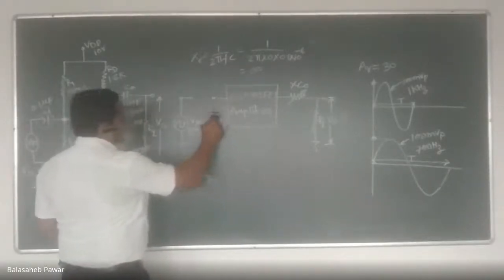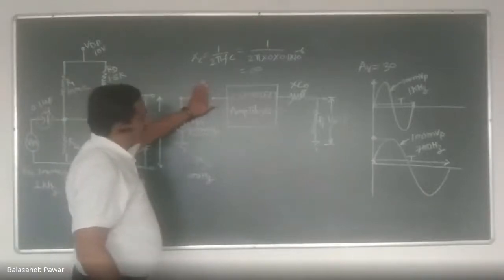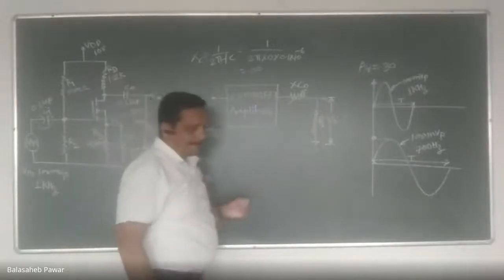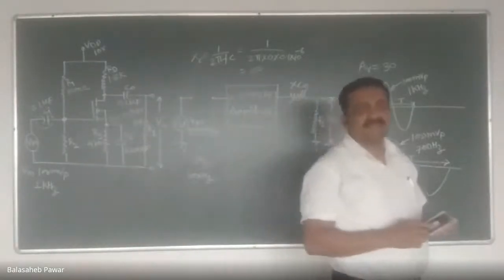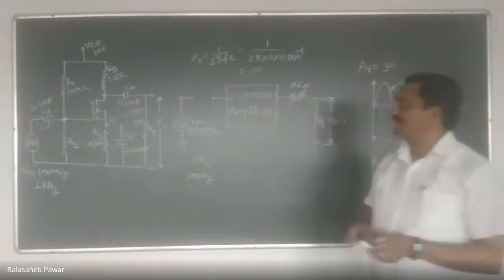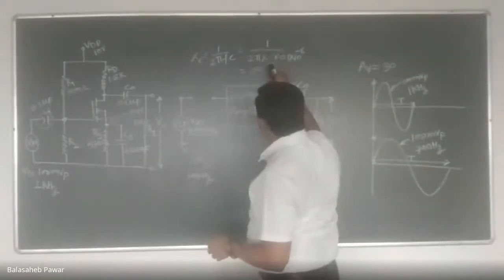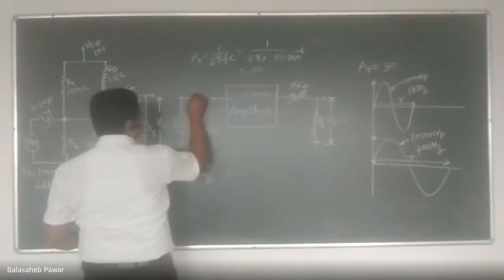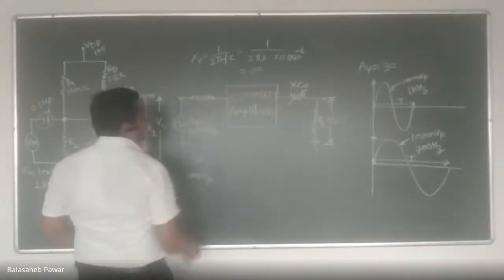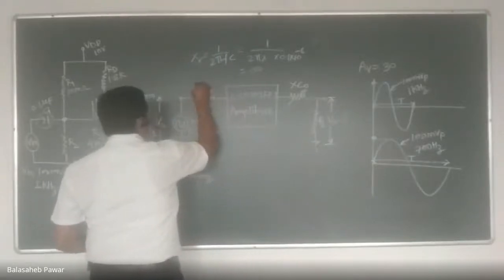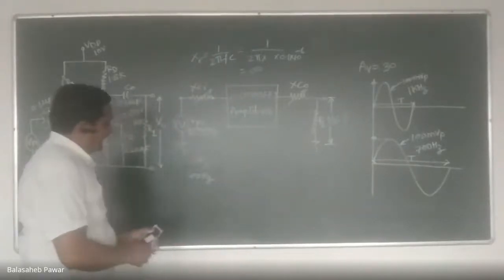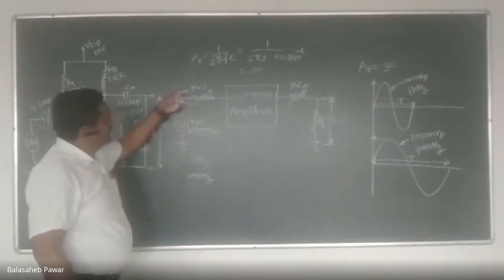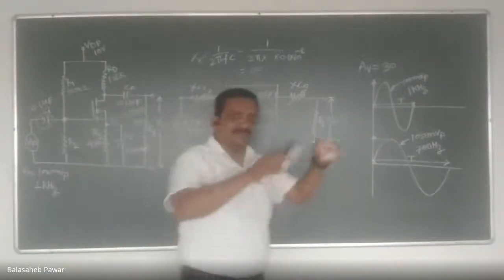Now the question is, what about the reactance offered by this coupling capacitor? Will it be infinite or finite? Replace this 0 by 100. It will be finite. So it will look like this: this is Xci, and it will be finite. And as that frequency is very low, we can say Xci will be finite but very high.